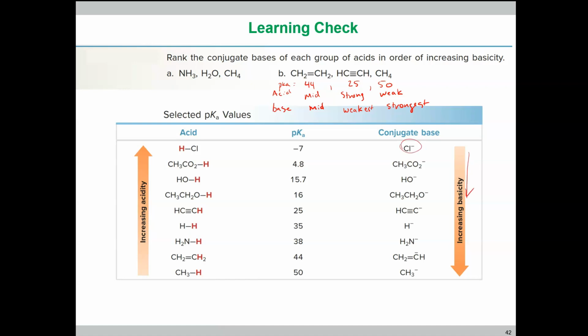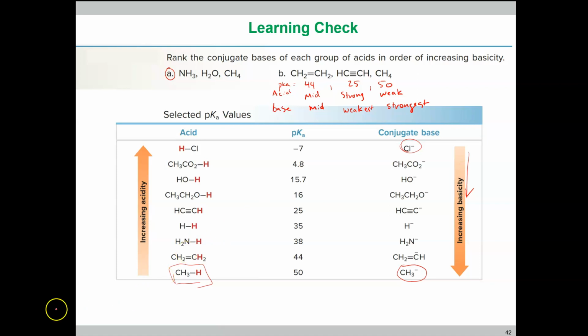So this should make sense because this tells us that that compound is relatively stable. As an ion, chloride ion is stable, so it's not going to necessarily want to revert back to the acid form. So this tells us something about the stability of our products, this increasing basicity. And this compound on the bottom is the least stable. It would rather be a molecule without a charge on it. So that's for B. Please look at this and do that also for A and post your answers